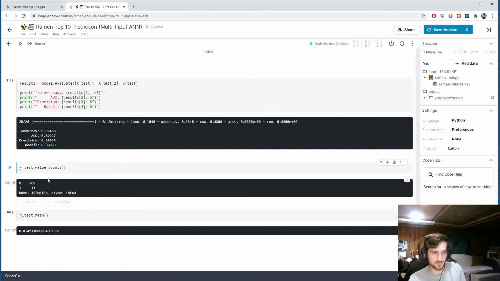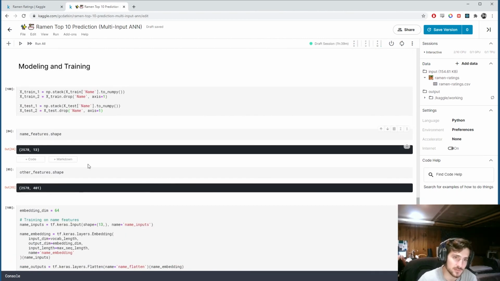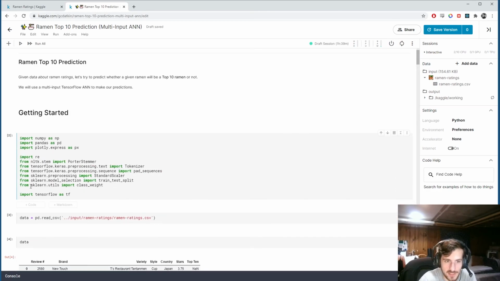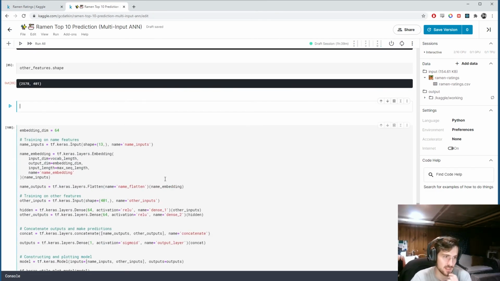And so we're going to do a few things to try to get the model better at predicting the top 10 class properly. So one thing we can do is include class weights. And for this, I'm going to use sklearn.utils.class_weight, which will allow us to balance the classes in the loss function. So I'm going to calculate them. I'm going to call this class weights. It's going to be a dictionary